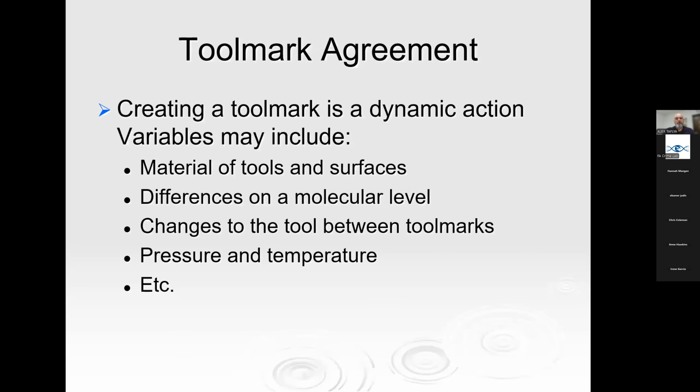So for tool mark agreement, a tool mark is a dynamic process. The materials can change. For instance, you could have a lead bullet versus a copper jacketed bullet. Those will mark differently, even though they're fired from the same firearm. You could have a brass primer or a nickel plated primer. Those will mark differently. And you can have your first shot look a little different than the 10th shot because